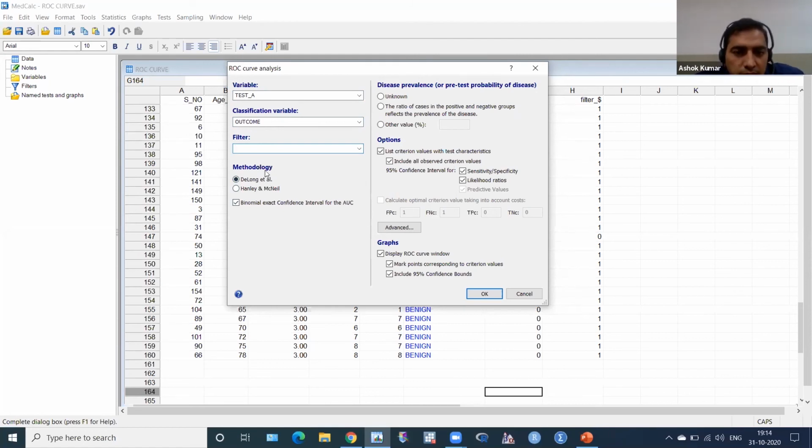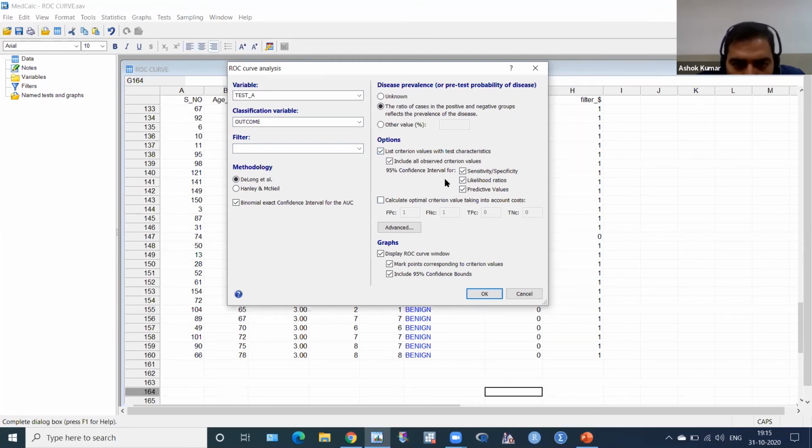It is very familiar. Then you have to click this discrete, disease prevalence, pretest probability. Then this predictive value, it's not highlighted. When you click here, then this will open. Then list criterion values with characteristic. You have to click this.